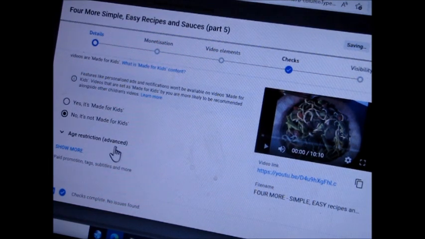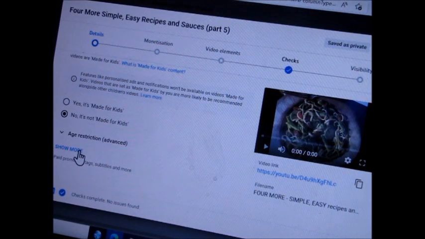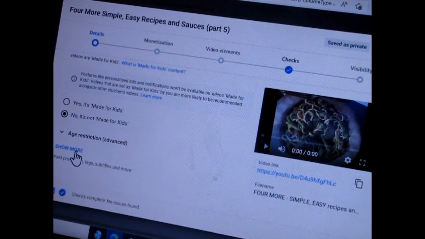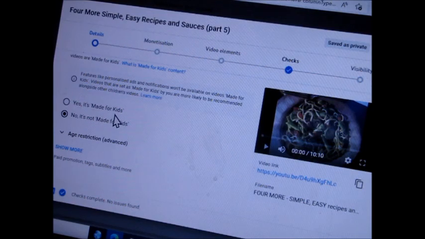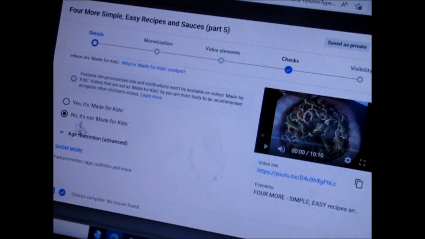Some people don't use this feature, but it really does do wonders. Click on show more. Oh, by the way, do age restriction if you've got kids. I don't say kids. In Cyprus, kids are baby goats. We say children, and in England the word is children if you want to speak English.